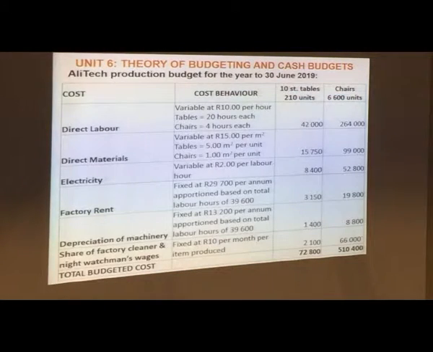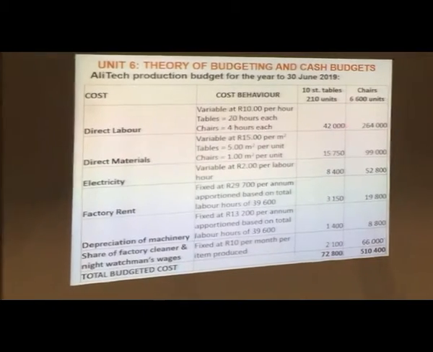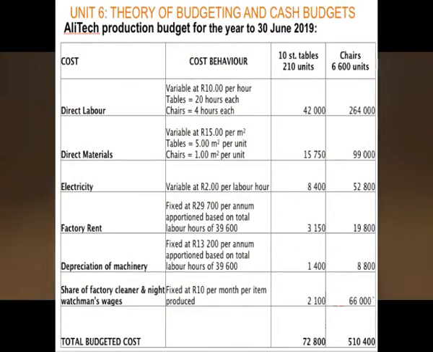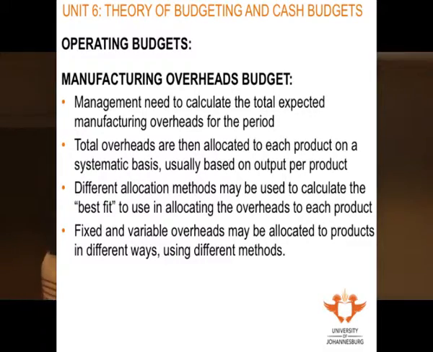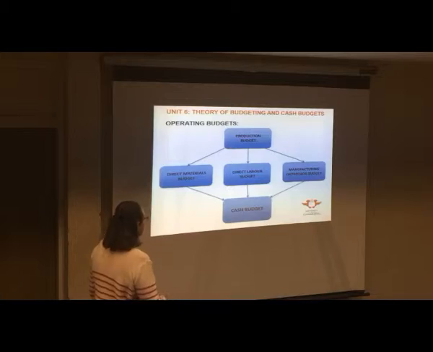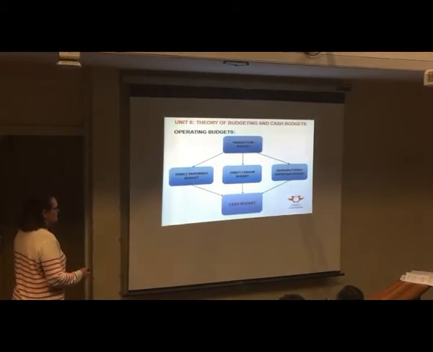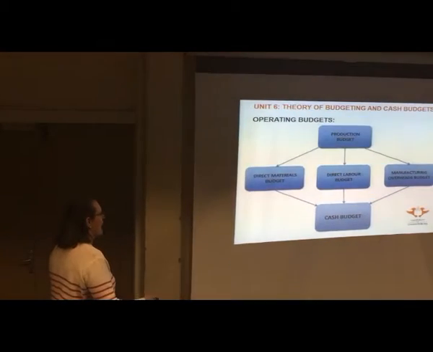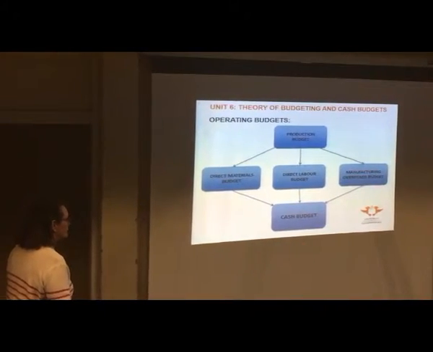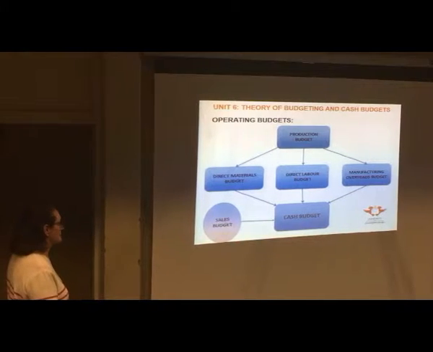Here's how you get your direct materials budget, how you get your direct labor budget. Okay, so it gets broken down from here, all right? And that's your direct material. I'm going to leave you to read this because we must get on to the cash budget. Okay, so there's your production budget. From that you get your direct materials budget, your direct labor budget, your manufacturing overheads budget, and from there you plan your cash budget. But you can't plan your cash budget without your sales budget. So you've got to know your sales budget as well.